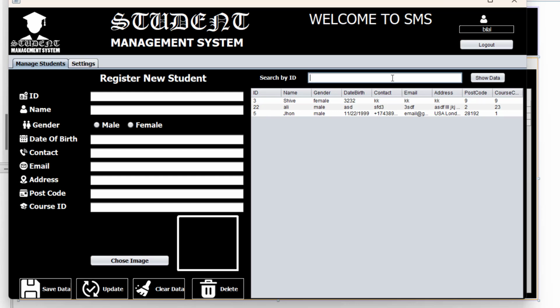You can see if I wanna search any student, I have to put the ID like 5 and show data. Now you can see it get the data of that particular student and 22. Let me check what's the data on that particular ID. So this is the data and 3. Okay,